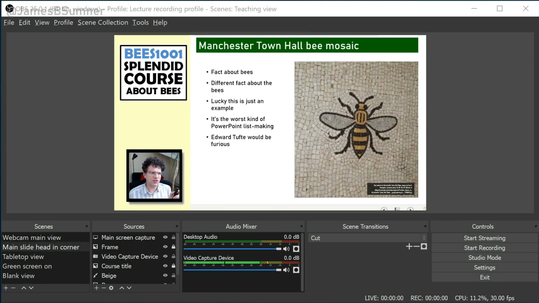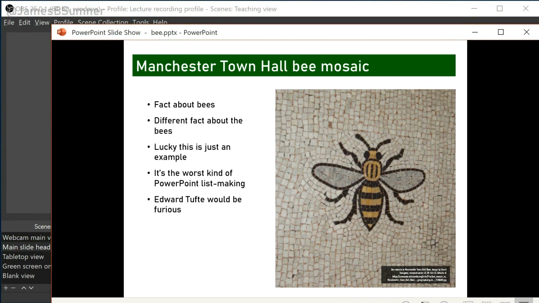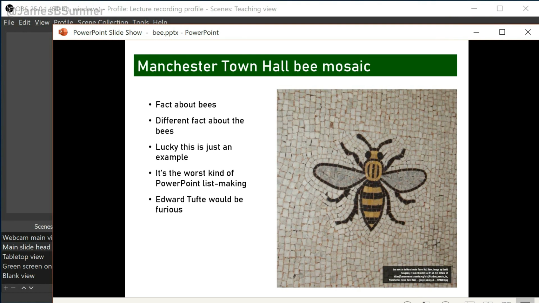However, when I try to send the slides forwards and backwards, it doesn't work. Why doesn't it work? It doesn't work because PowerPoint has not got the focus. OBS has got the focus. PowerPoint needs the focus, which means I need to click on it, show you that there, in order to give it control of the keyboard input. And you will see now I've done that,